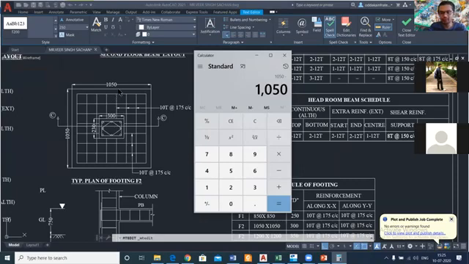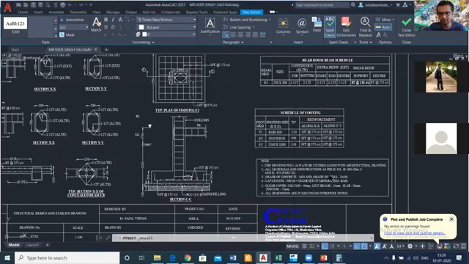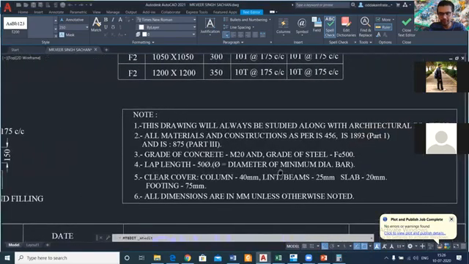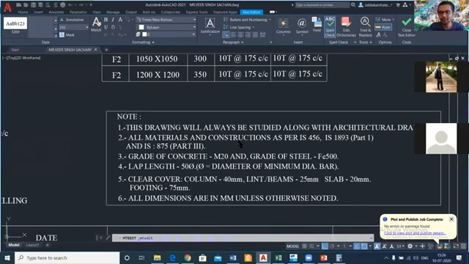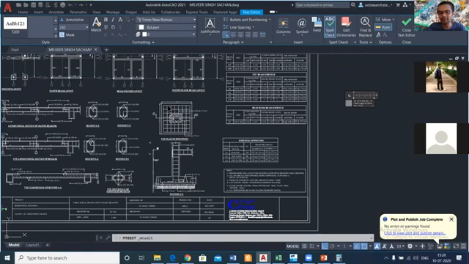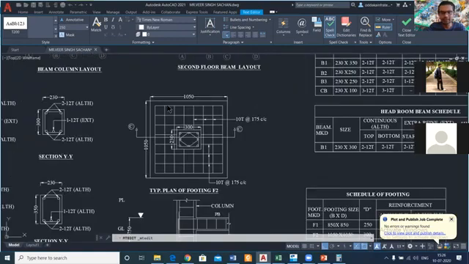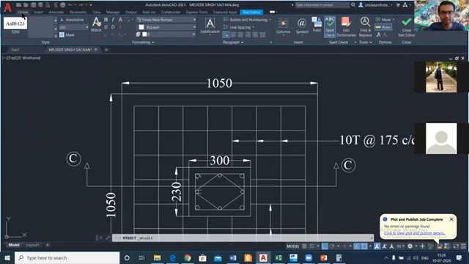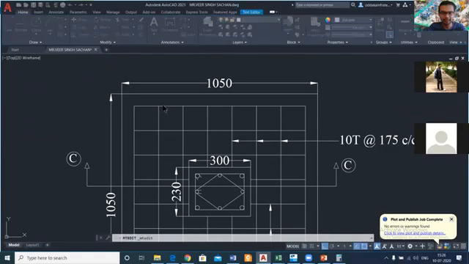This is the cover. So we had told you the difference between clear cover and effective cover. We'd already discussed it, but if it's not clear, please note it down: clear cover is the distance between the end of the reinforcement to the end of the member, and effective cover is the distance between the center of the reinforcement to the end of the member. In easy terms, the clear distance between the end of the reinforcement to the end of the member is called the clear cover, and the distance between the center of this reinforcement to the end of the member is called effective cover.